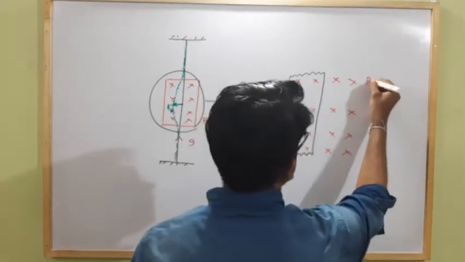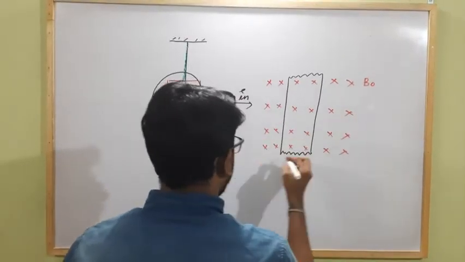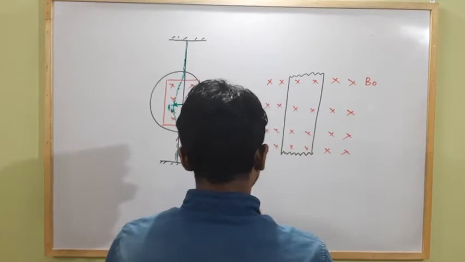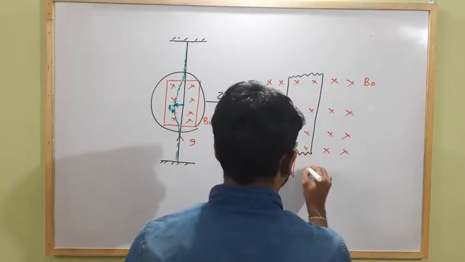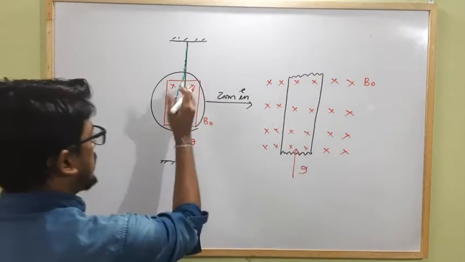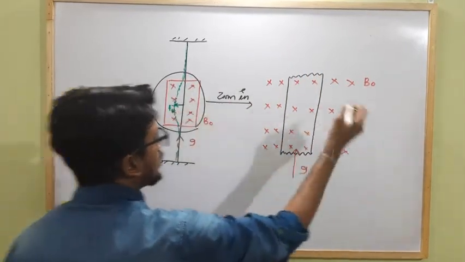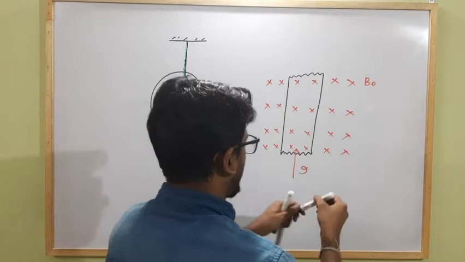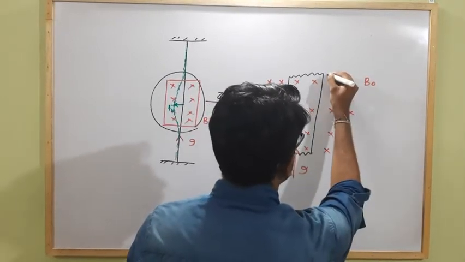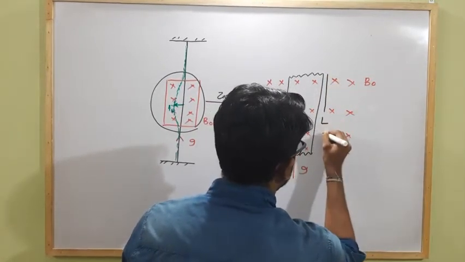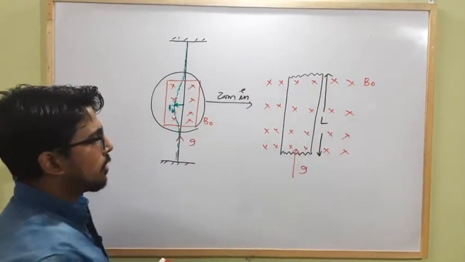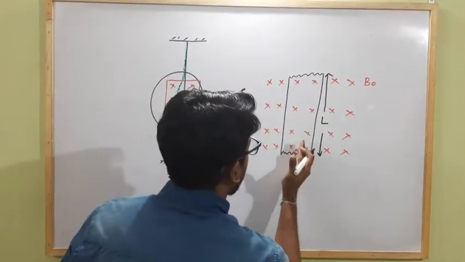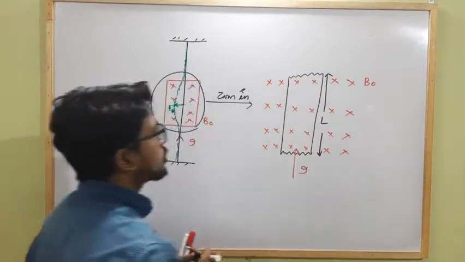Okay, B0, and current along this conductor flows in this direction, I, upward like this. We have to zoom in on this region, and the total length of this portion of the conductor, let it be L. As this is a current carrying conductor and current along this conductor is flowing in the upward direction, so we know